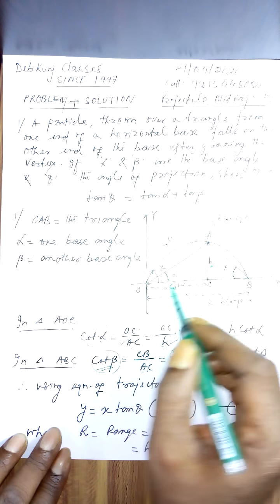Now in this equation of the trajectory, which I will derive for you in a different video, theta is the angle with which the projectile is projected, r is the range, and x, y are the coordinates of a point A on the trajectory. Theta is the angle of projection, x, y are the coordinates of a point on the trajectory, that is point A. X value this, y value this. So x value is h cot alpha and y value is h.